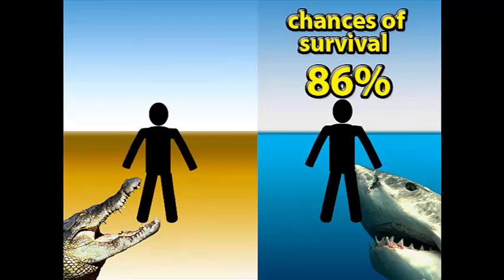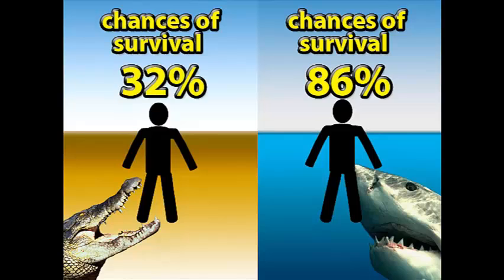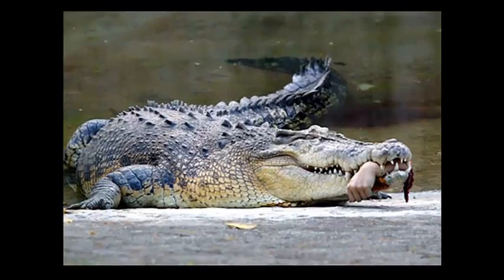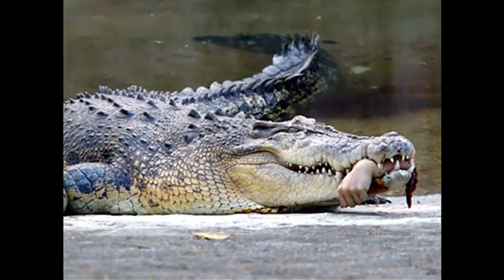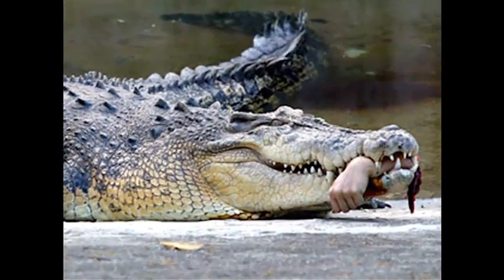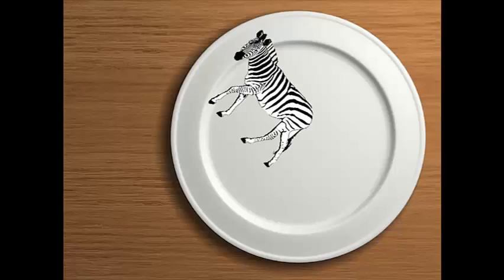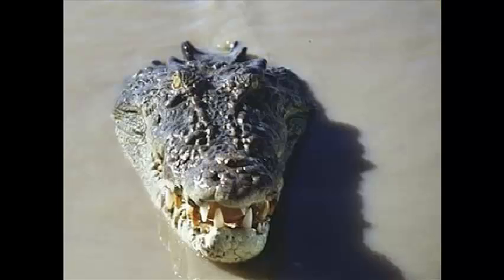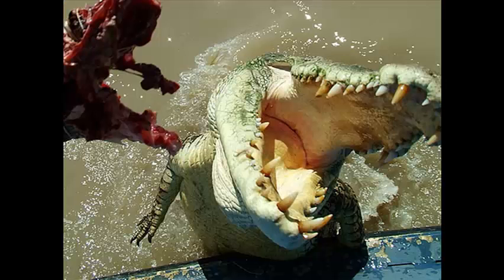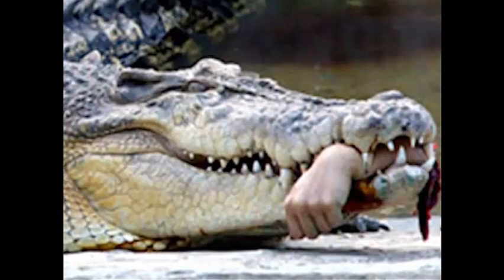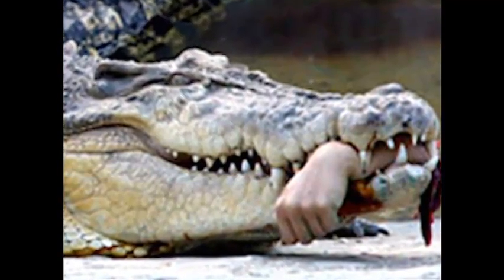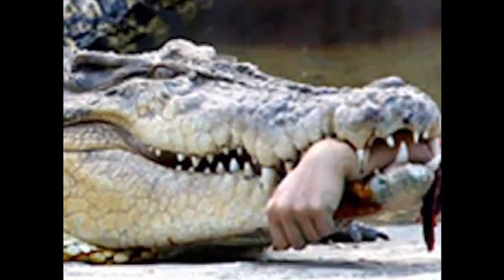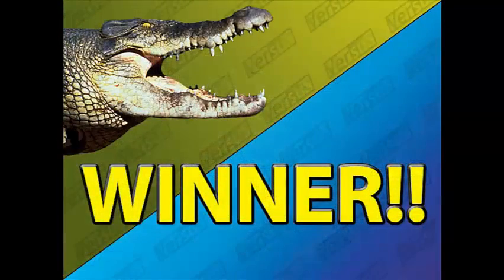And the other you, the one locked in the titanic struggle with the croc, this you has a 32% chance of survival. This is why the croc deserves the unremitting horror of your nightmares. The crocodile is the only predator on the planet that considers humans part of its natural diet. It's there to mess you up. It is not confused. It is not surprised. It wants you dead, and if it gets a chance, it will make it so, due to the epic concentration of deadly crammed into every fiber of its being. The winner of this contest